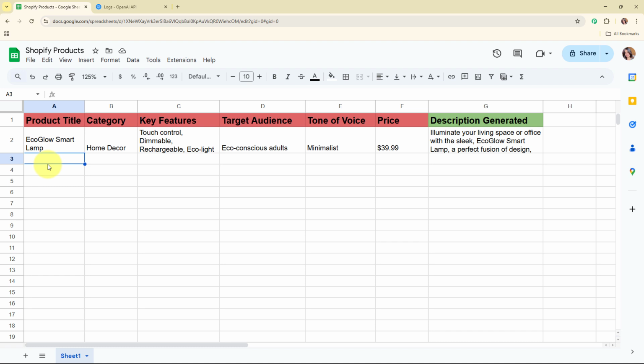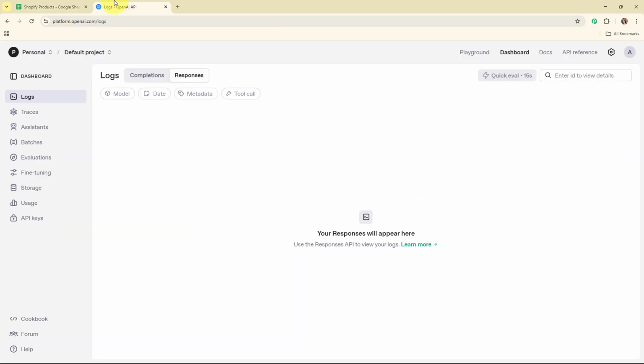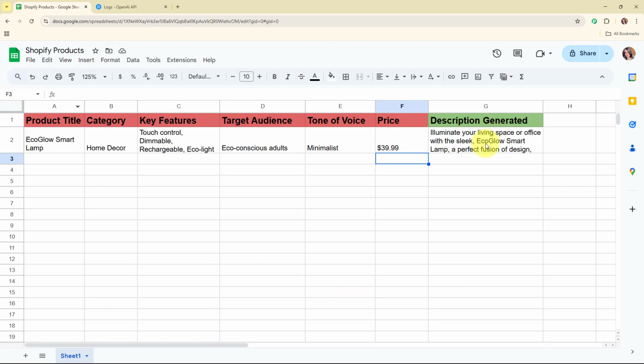Here on my screen you can see the Google Sheet that I've already created with the name Shopify Products. And here you can see some fields. My objective is that whenever I add a new product detail here in my Google Sheets till this price column, OpenAI should automatically generate a proper product description for my product using the details. And after generating the product description, it should be updated in my Google Sheets under the specific column